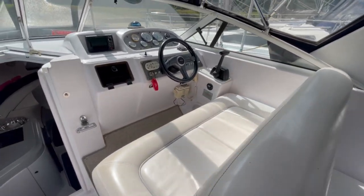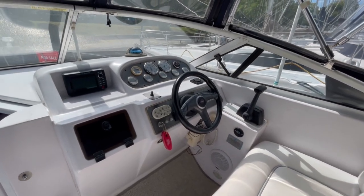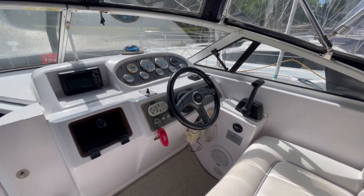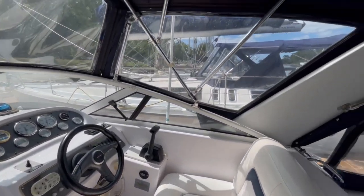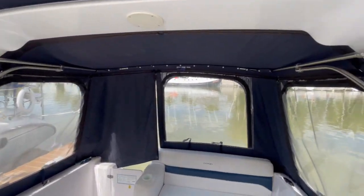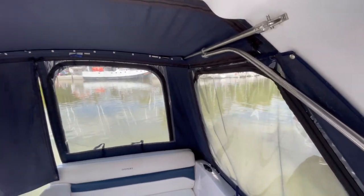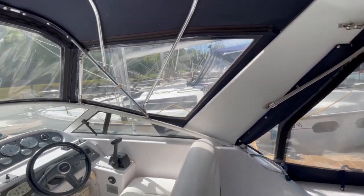Moving forward on the boat, see it's a very basic helm station with GPS chart plotter, but your controls are there for your 12-volt anchor windlass and also your remote spotlight. The full camper top's in excellent condition and is not very old. It features a self-supporting overhang, so you can remove all the side windows and have a full bimini top front